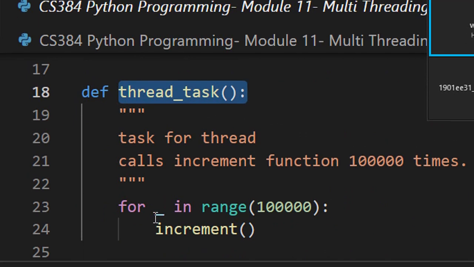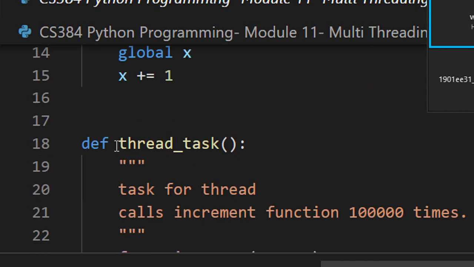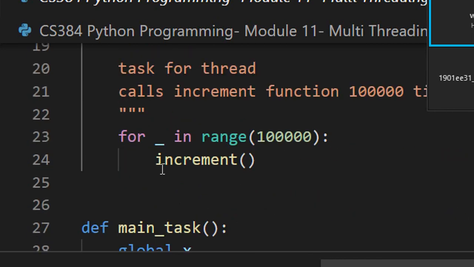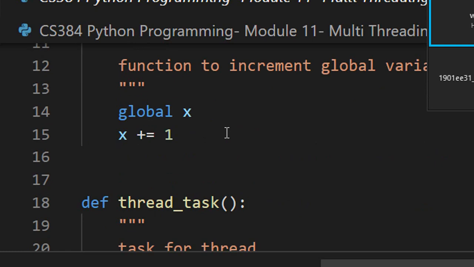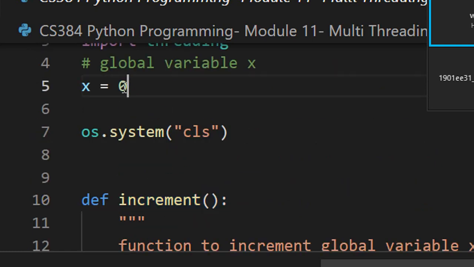I am defining a function from which I am calling the increment function 1 lakh times. So the value of x, which was initially 0, will be incremented 1 lakh times, by a unit of 1. So the final value should be 1 lakh in this case.